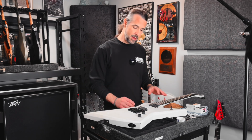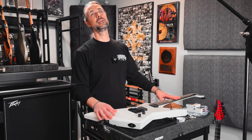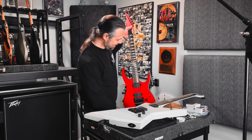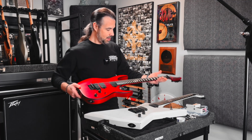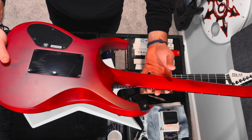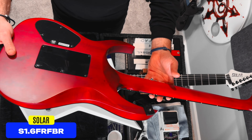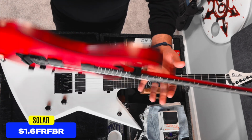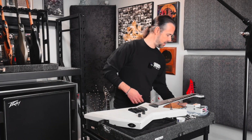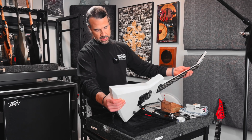Anyways, here's the deal. I got these two Solars from Rich, the guy whose collection I've been checking out lately. He gave me this one and this Explorer. This one right here is a Solar S1.6 FRFBR. Pretty sweet. Very sweet, as a matter of fact. And this one is a Solar E1.6